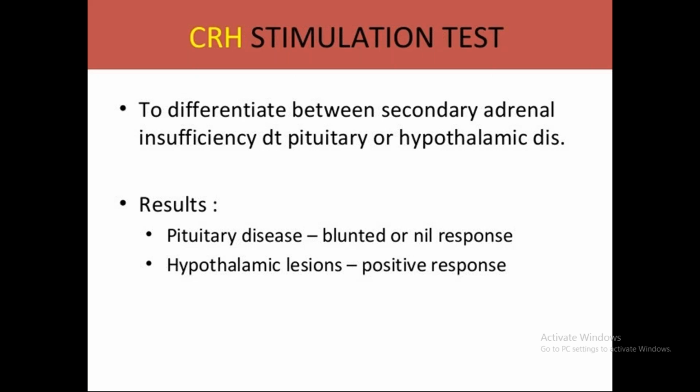To find out where the problem lies, whether in the pituitary gland or in other causes, this test is used, and it is now considered definitive in the differentiation of the pituitary cause